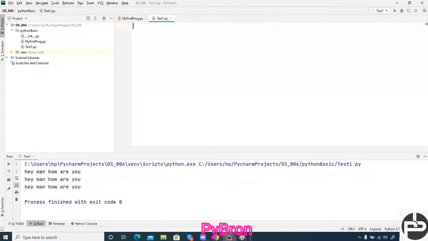Now I am going to show you something like def, suppose an addition method. We are going to do the add method.